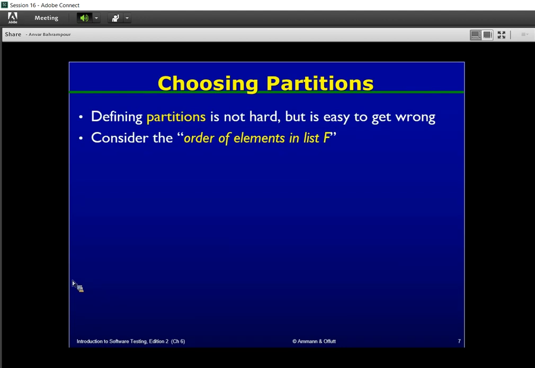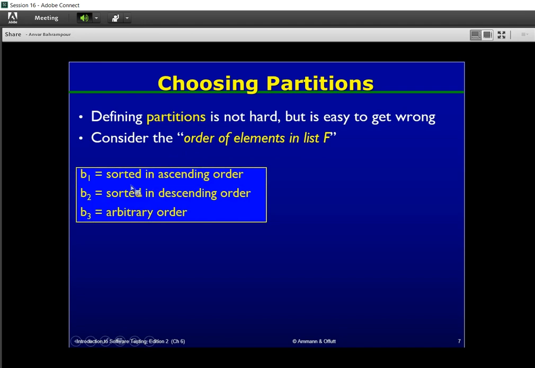Another point is how we could choose partitions. Defining partitions is not hard, but as I said, it could go wrong. For example, the order of elements in an input list could trick us,